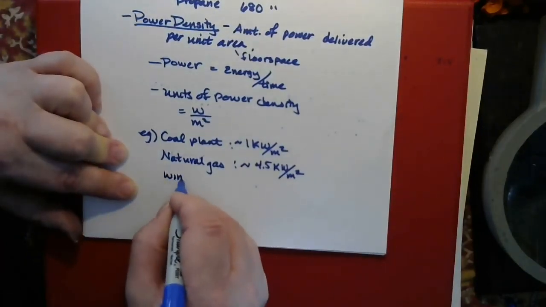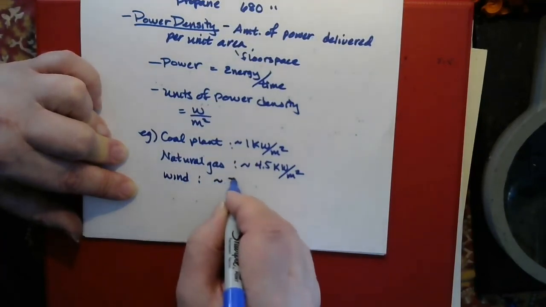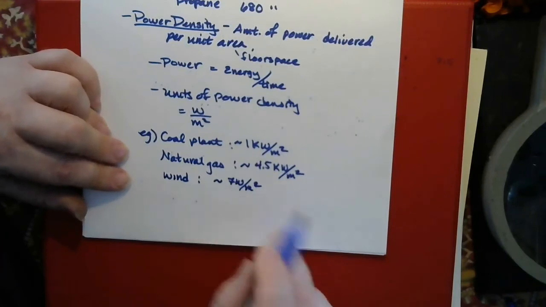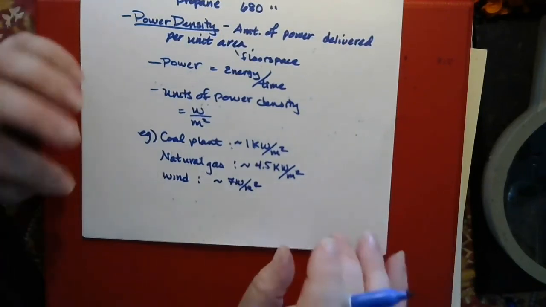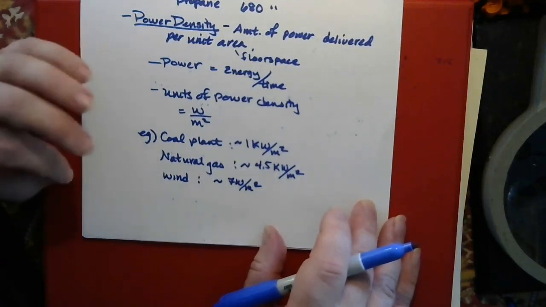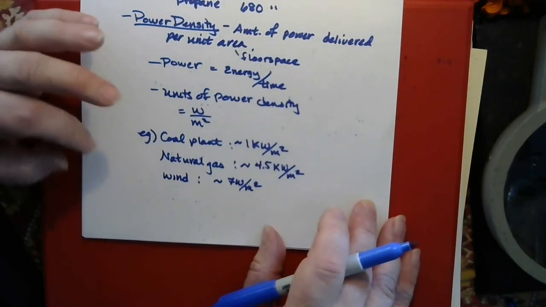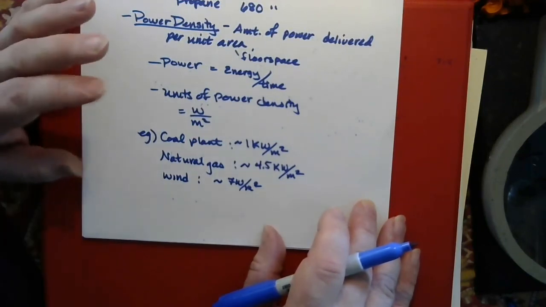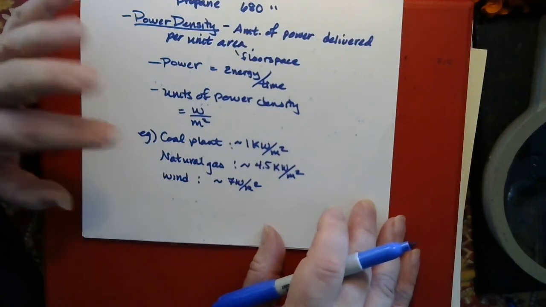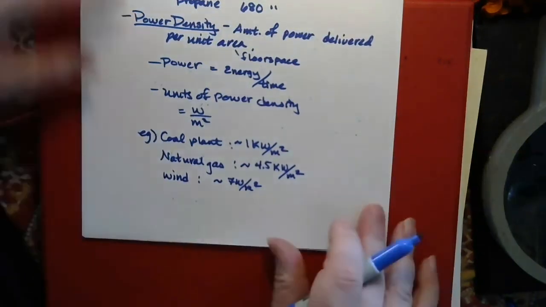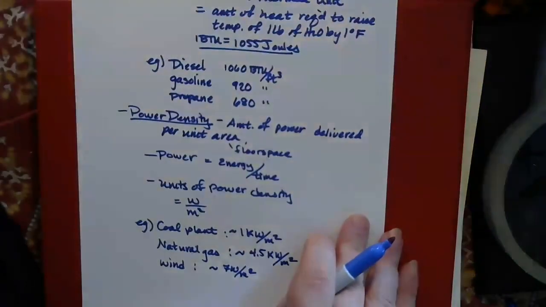Wind, on the other hand, is about 7 watts per square meter. Not kilowatts, but watts. And that's largely because wind turbines are not all that efficient yet anyway. They're improving. But the amount of space that a wind turbine takes up is pretty substantial compared to the amount of power that it actually produces. So that would be the lowest of these three anyway. For generating electricity,